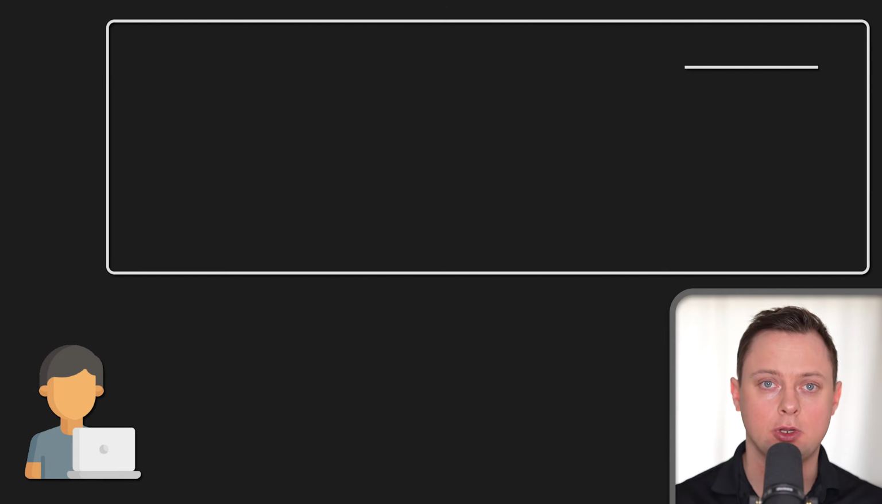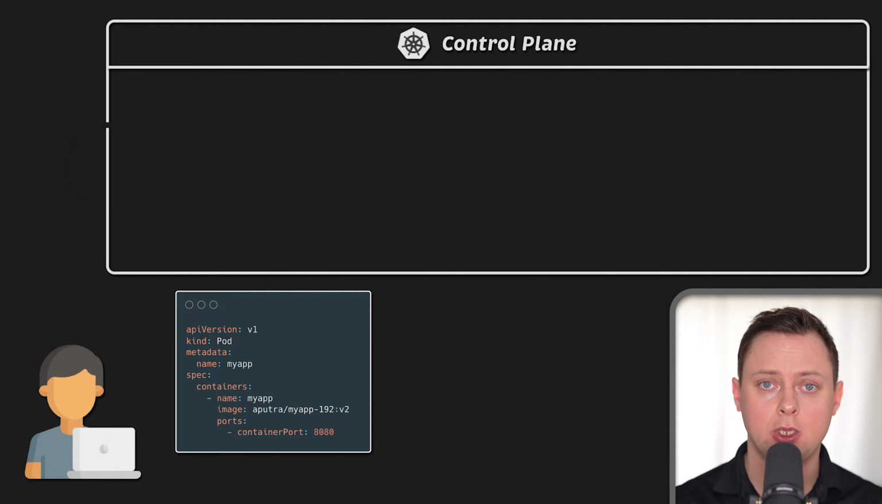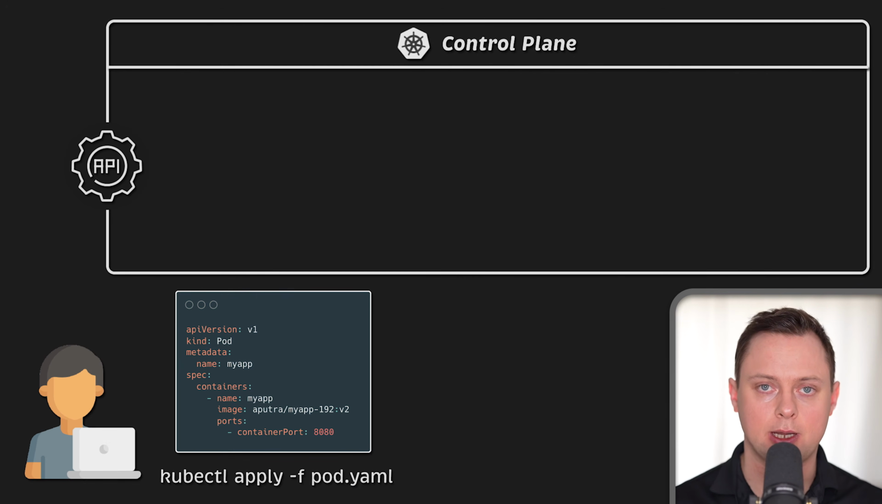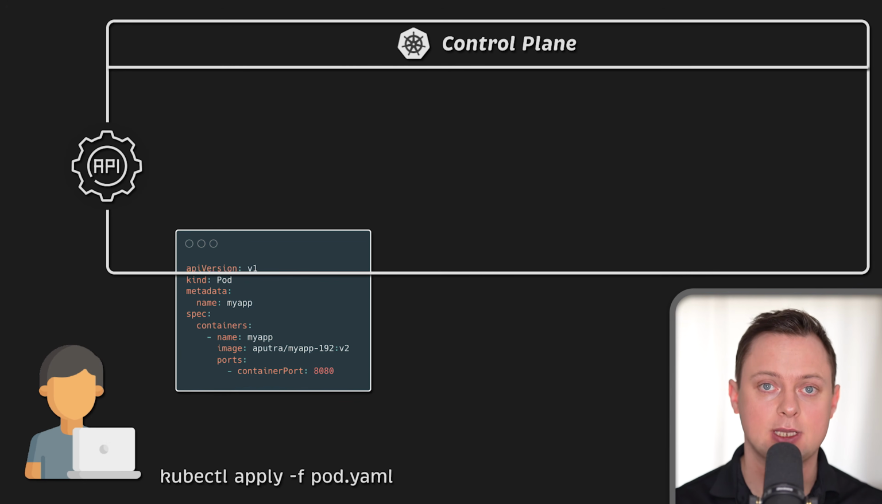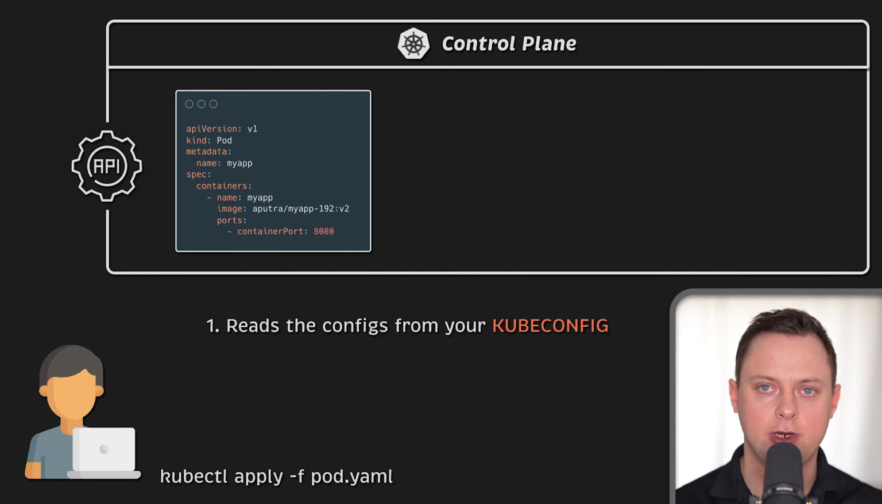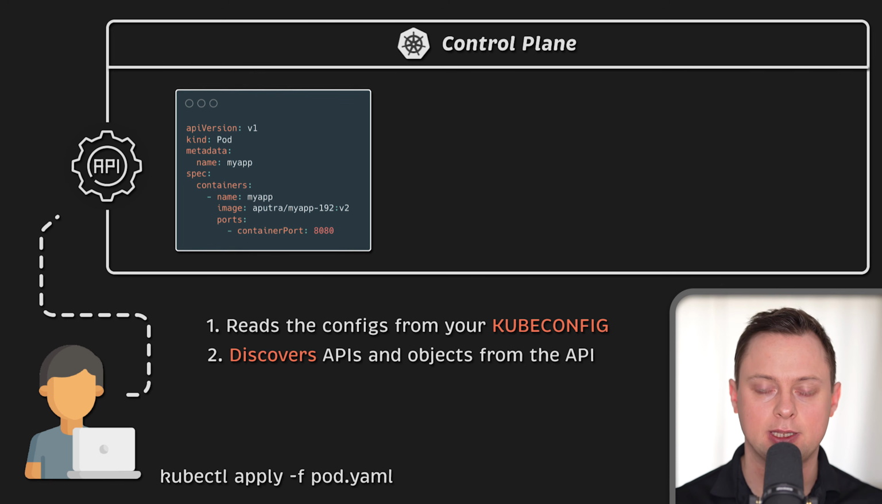Let's say you want to deploy the following pod to Kubernetes. You could use kubectl and apply the YAML file. Now, when you type kubectl apply, a few things happen. First of all, kubectl will read your local Kubernetes config, and then it will reach out to the Kubernetes API